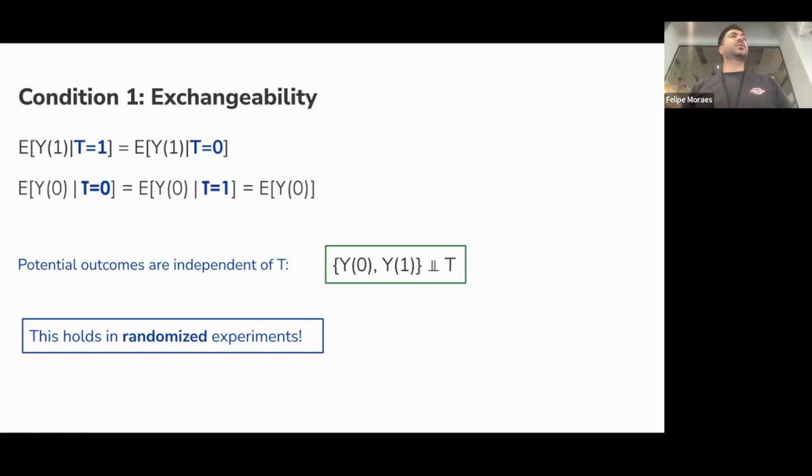In the case that you don't have a randomized controlled trial, you need to apply some techniques we have in causal inference to make this exchangeability hold. There is more information on it when you have what we call observational data, and then you need to apply some of these techniques, called backdoor adjustment or front door adjustments, to guarantee this. At the end of these slides, I'm going to provide more resources where you can find out about it. But if you have a randomized controlled trial, this condition already holds.